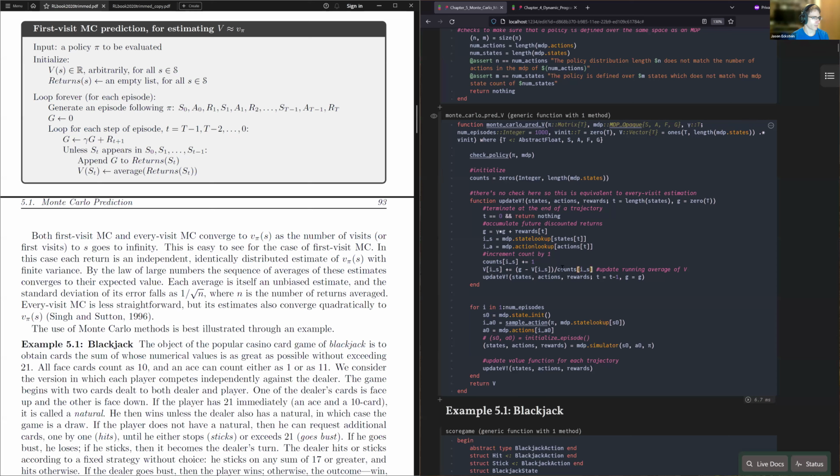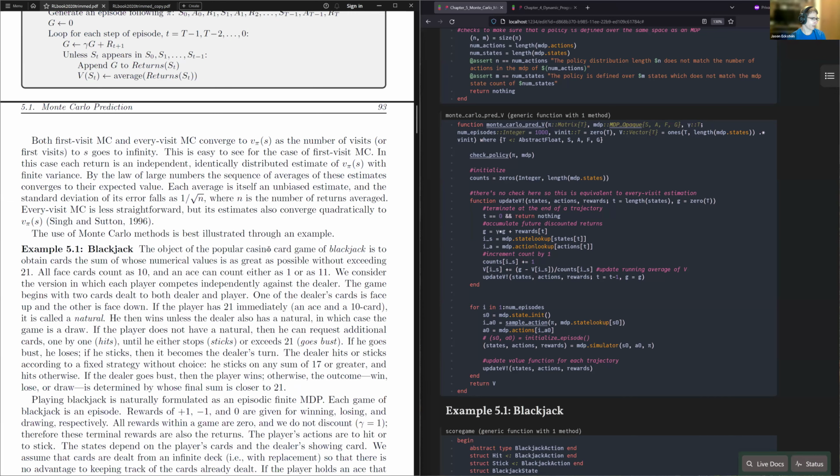So every state has a count, which keeps track of how many times we visited the state. And then G is the reward that we're keeping track of inside of this episode that has been simulated. And then this incrementally calculates the average. But at every step where we visit, the value estimate is always just the simple average of all of the returns at that state. And the idea is that once we start averaging this, we just have these unbiased estimates